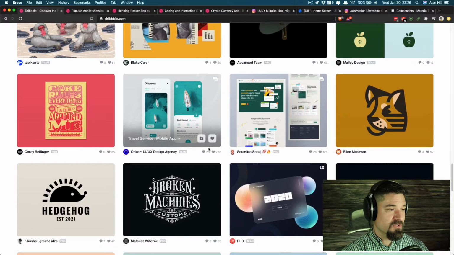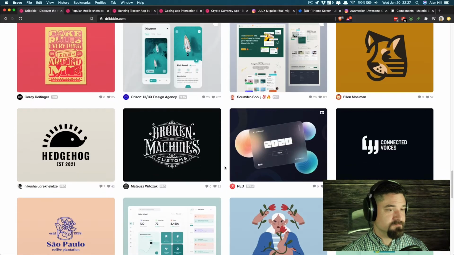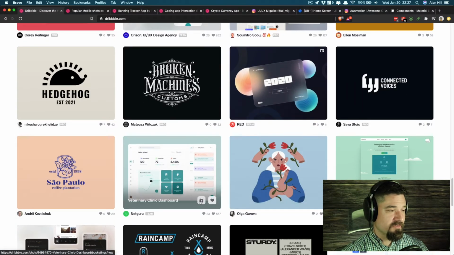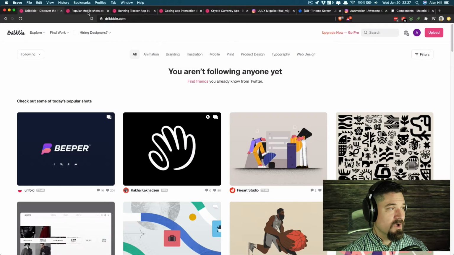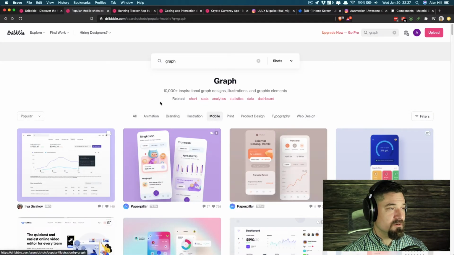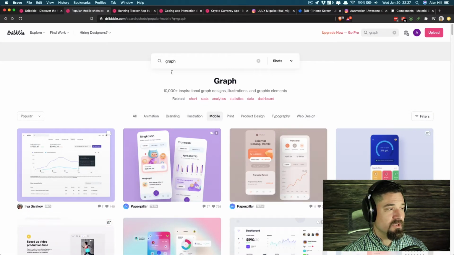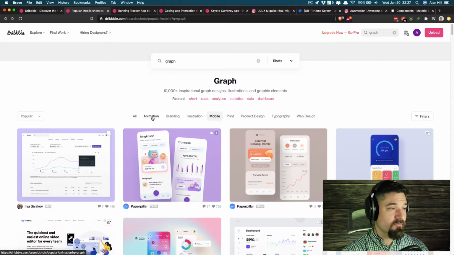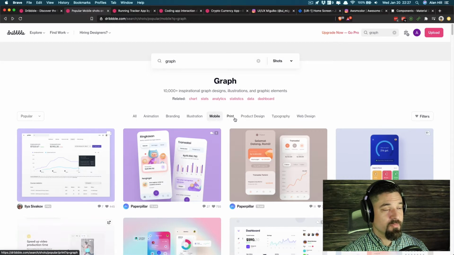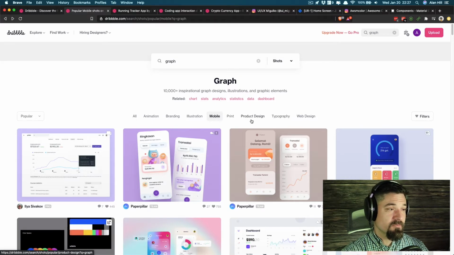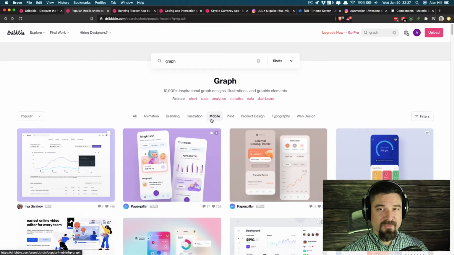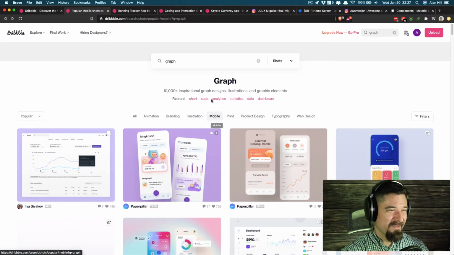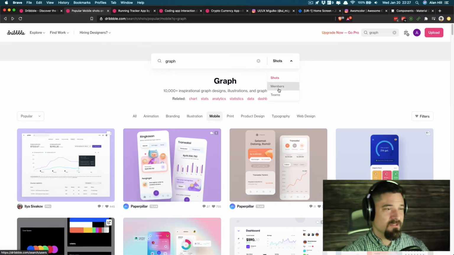What's kind of cool is you can actually save some of these. You can hit the save button, and people leave comments, and then you can add it to other different files and things like that. What I have done is pulled up some mobile designs, because you can break this down by animations, branding, illustration, mobile, print, product design, typography, and web design. Mobile is obviously what I'm going to be building for, I hope. And I just threw in a graph, and I could sit and say, all right,